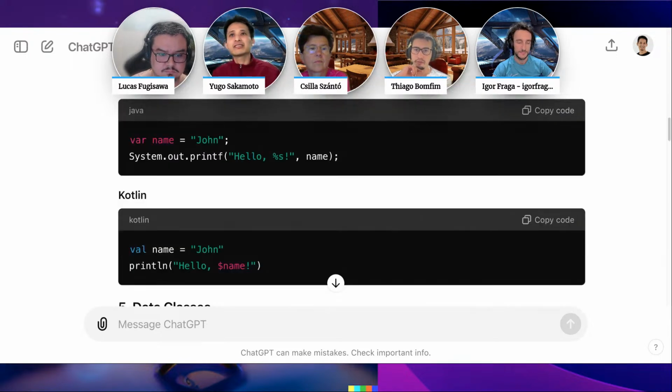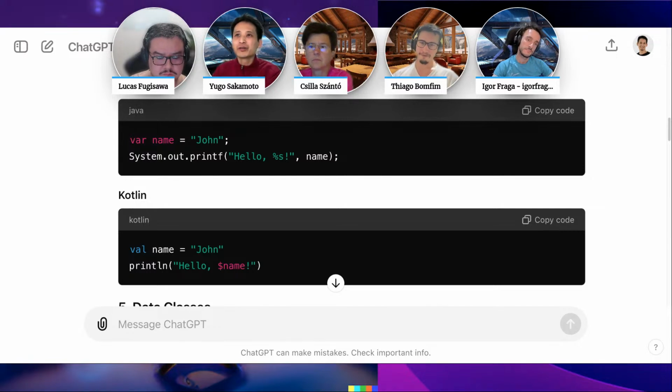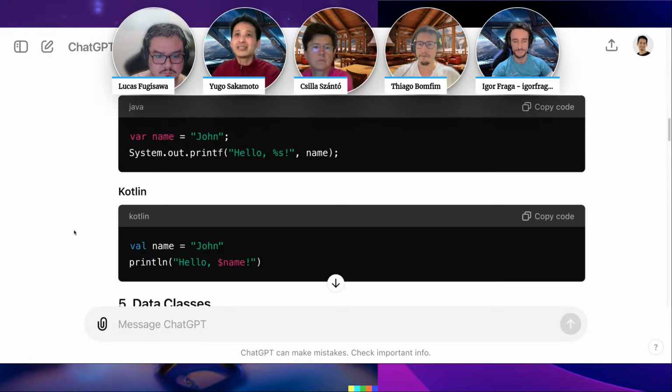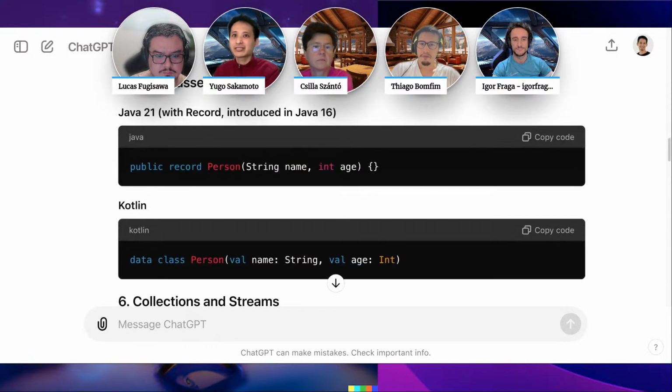I think the example here uses System.out for this. It is built in here as well, right? You can reference the variable inside the string instead of using this format syntax. That was interesting. Data classes we have already seen when comparing with records. It's quite the same. I see not much change here.